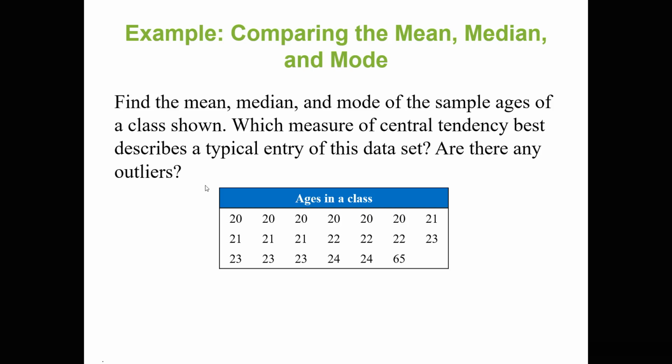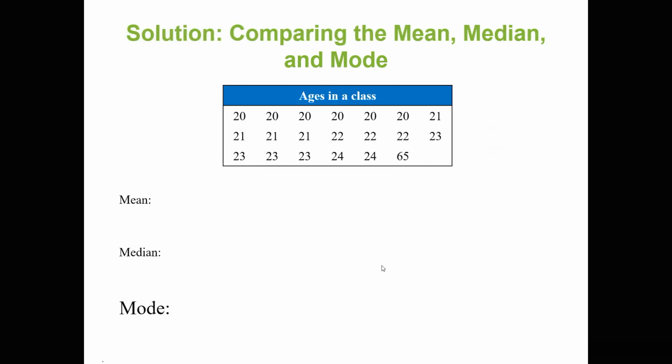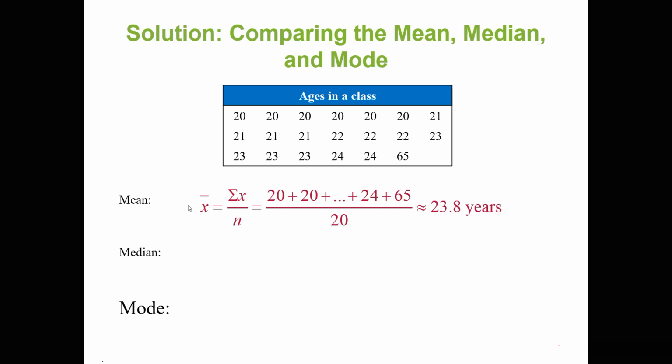Are there any outliers? Now, the first thing is to arrange this in ascending order. Once you arrange it in ascending order, then you are able to do your computation of the median and mode. For the mean, you really don't care. You just add it and you divide by the number of, or by your sample size. That's what you have. Your median, once you arrange it in ascending order, you will find that, first of all, you are dealing with the sample being even. So you'll take the 2 middle scores and you'll look for the average. This is your